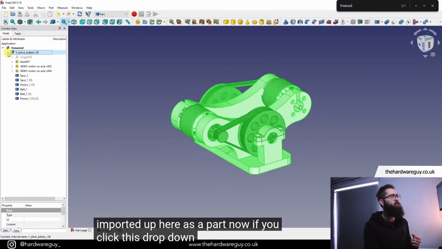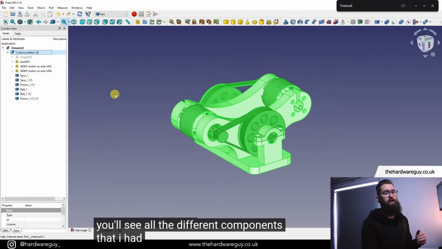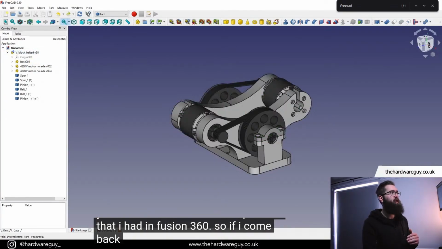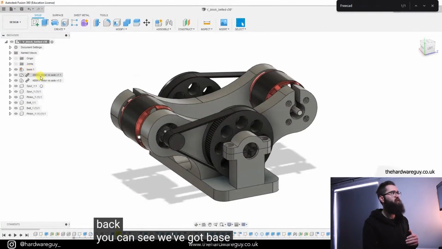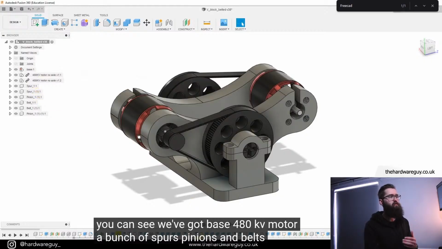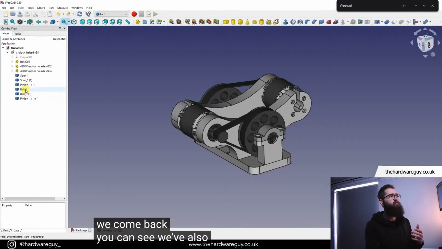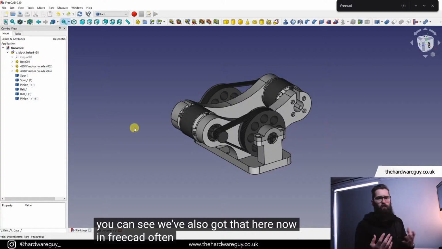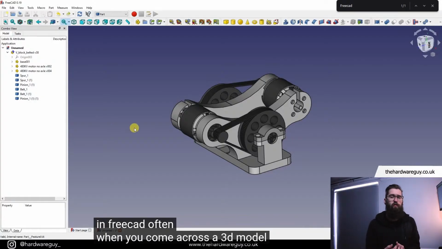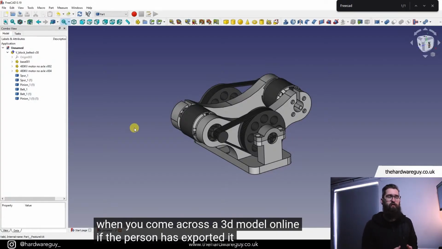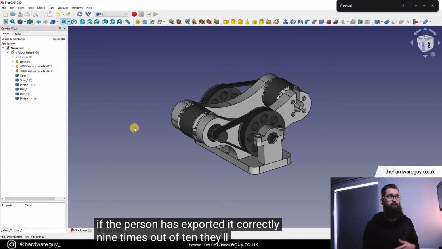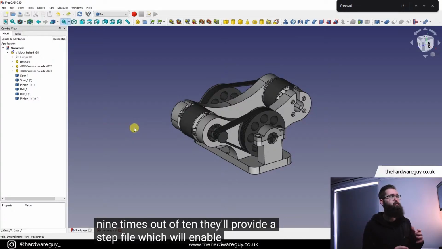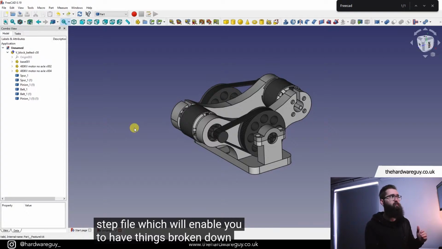Now if we click this drop down, you'll see all the different components that I had in Fusion 360. So if I come back, you can see we've got base, 480 kV motor, a bunch of spurs, pinions and belts. And you can see we've also got that here now in Freecad. Often when you come across a 3D model online, if the person has exported it correctly, 9 times out of 10 they'll provide a step file, which will enable you to have things broken down like this,